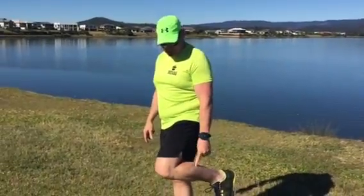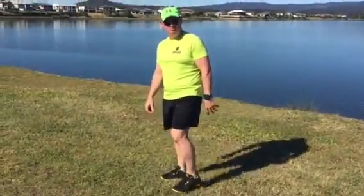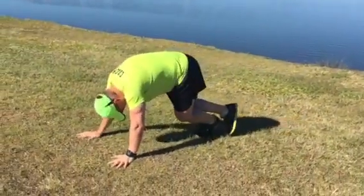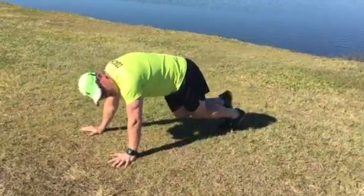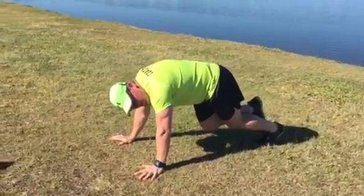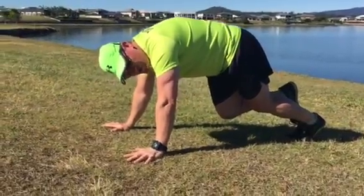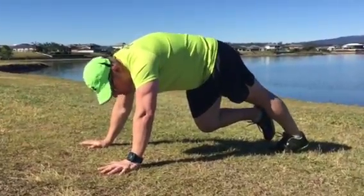So first up, we're going to get into our calves. Can be quite tricky, also needs to get a good pull and a good feel on the Achilles. So can use a wall. I find sometimes that this one is good enough. With a bent knee, I find that gets really targeted quite well into the lower area of my calf and my Achilles. We want to hold these for between 20 and 30 seconds each time,